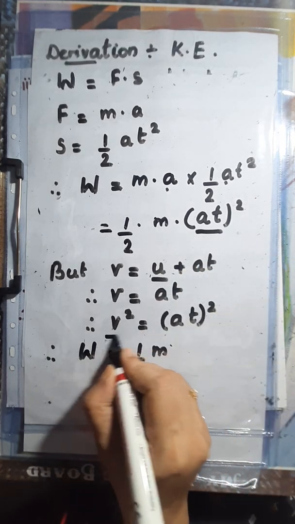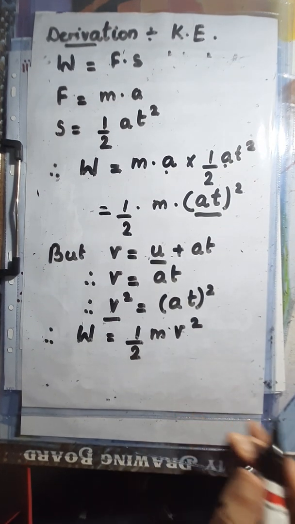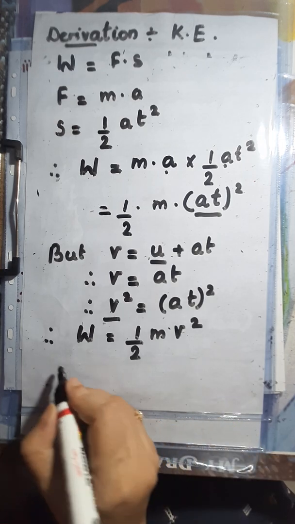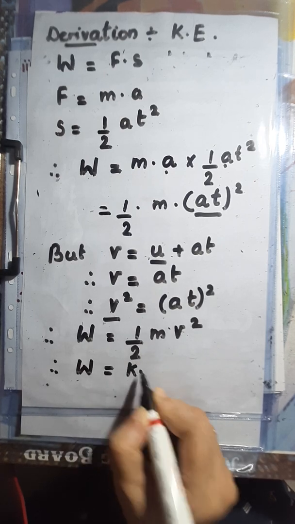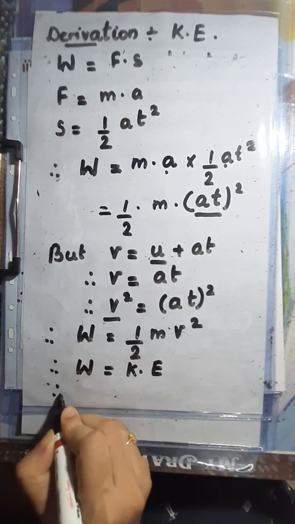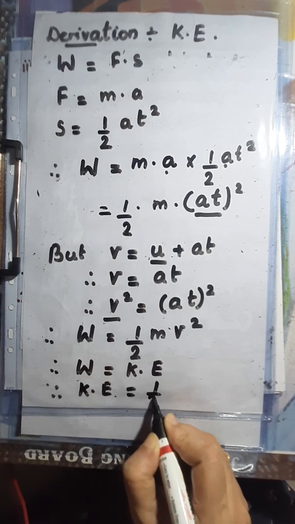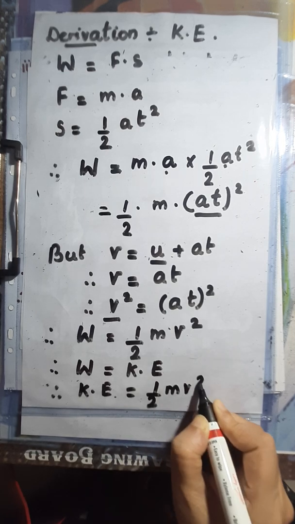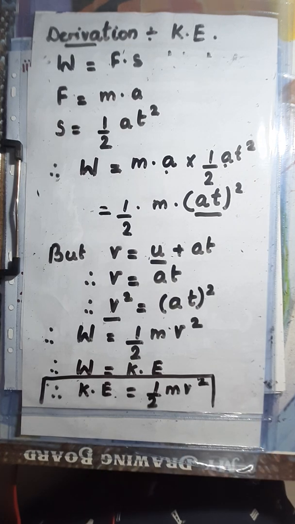Instead of A square T square, what can I substitute? Now, it's a moving object, right? So therefore, work is equal to kinetic energy. Therefore, kinetic energy is equal to half mv square. That's how I got my kinetic energy is equal to half mv square. Okay, now